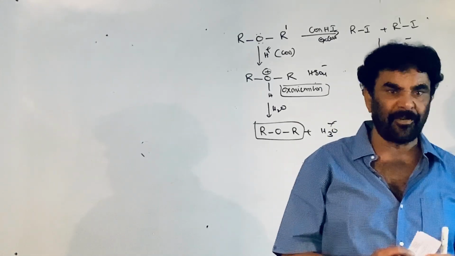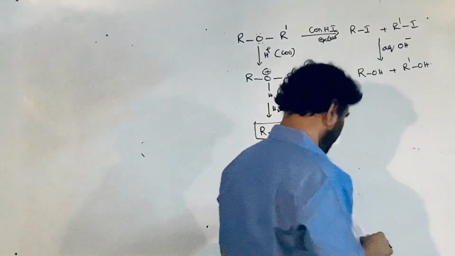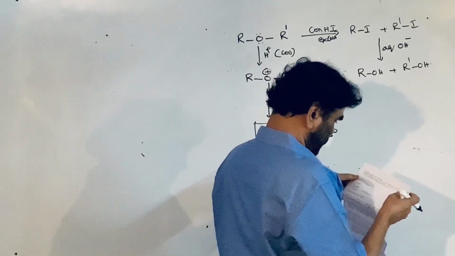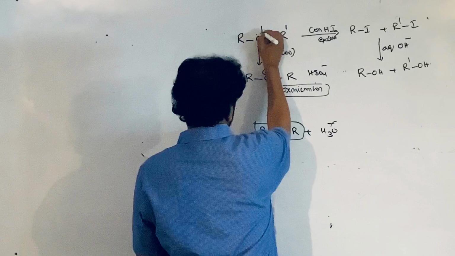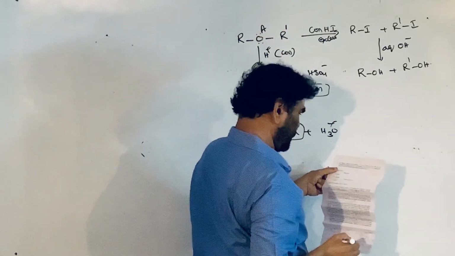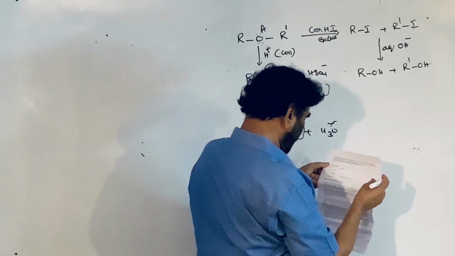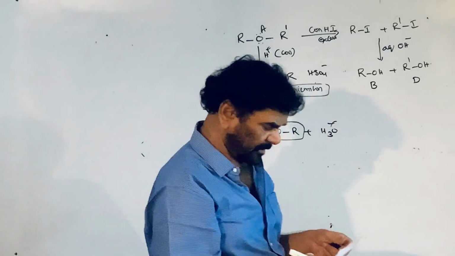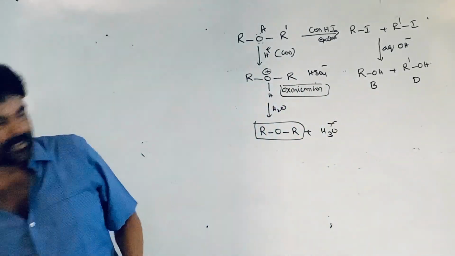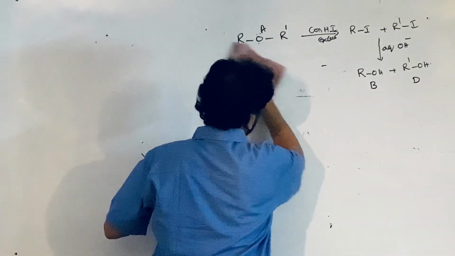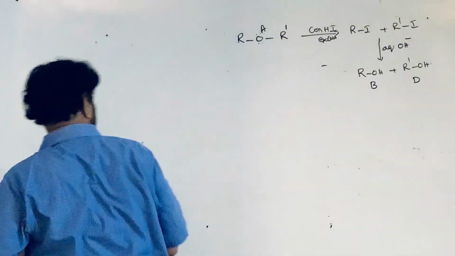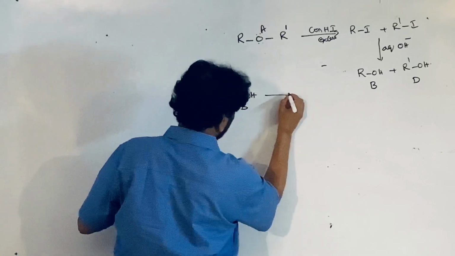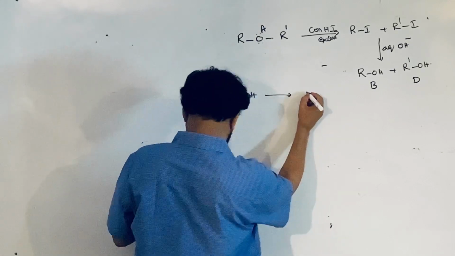Two different products are formed, B and C, or B and D, whatever is given. So this is A, on treatment with this, B and D are formed, one is B, the other is D, both alcohols. And he has given a set of reactions, and based on those reactions we can identify this. B is an alcohol, right? This B gives the iodoform test.